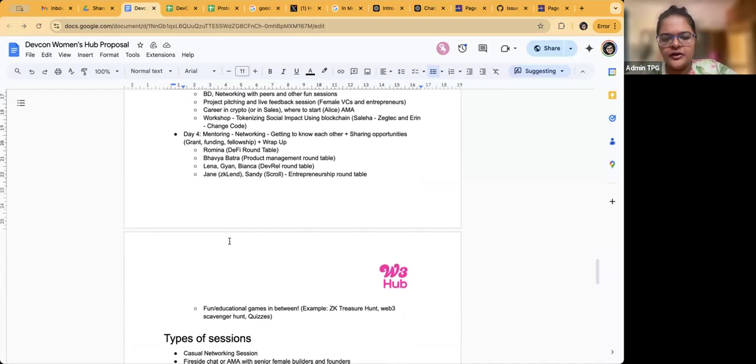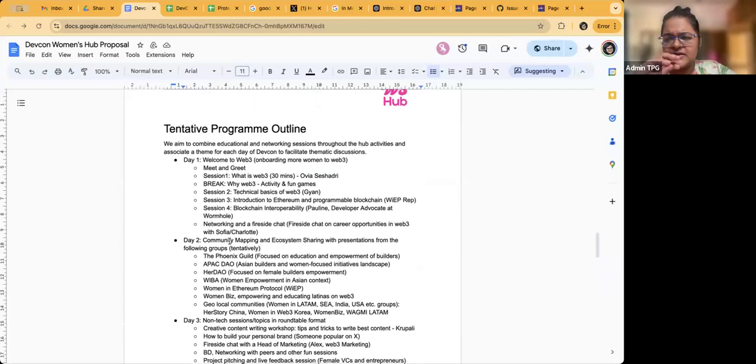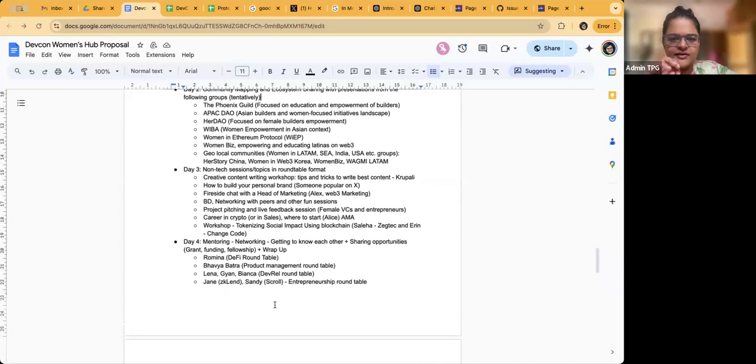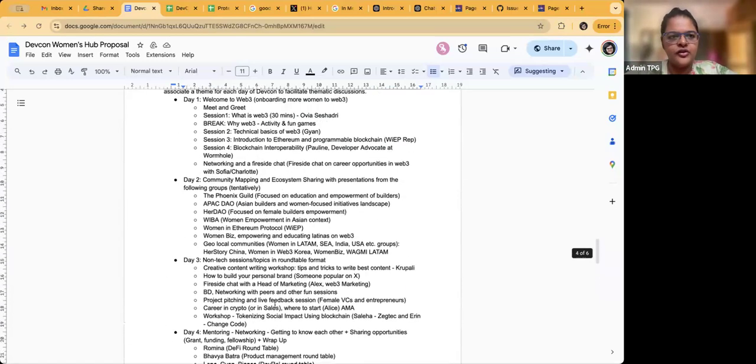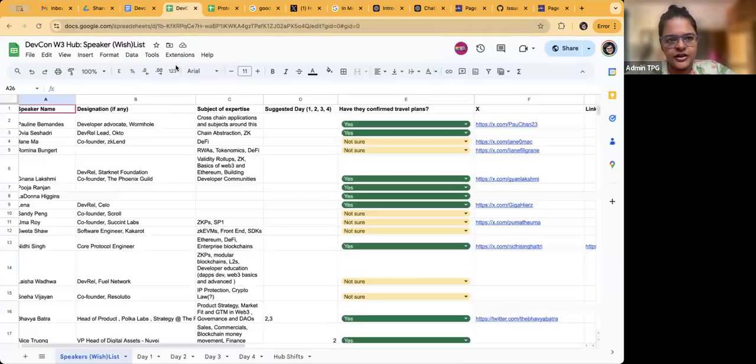And then we can have different things in between, like we can have some games, we can have maybe a quizzing hour, or other fun stuff that we could potentially sprinkle in the middle. And as next steps, what we need to do is, on this sheet,